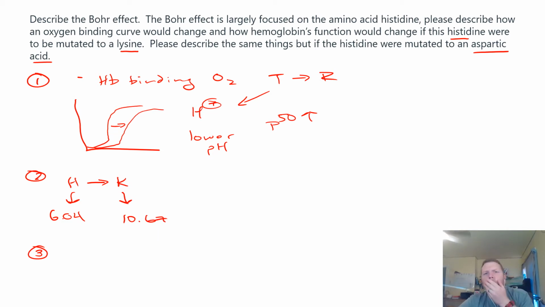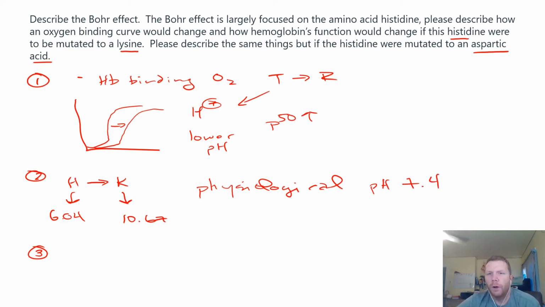Okay, so what we would observe is, well, nothing really changes in terms of the favoring of the T state at a lower pH, but at a physiological pH of 7.4,